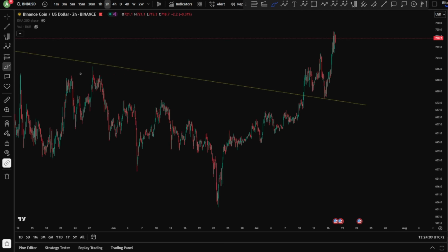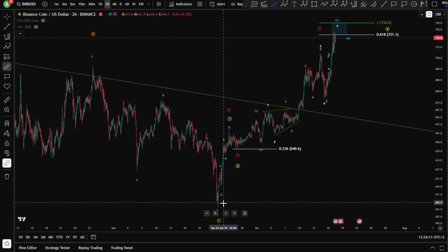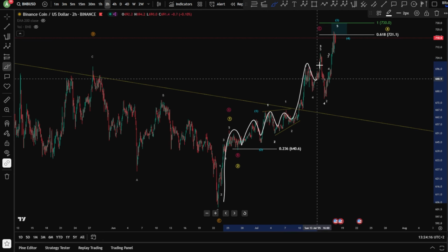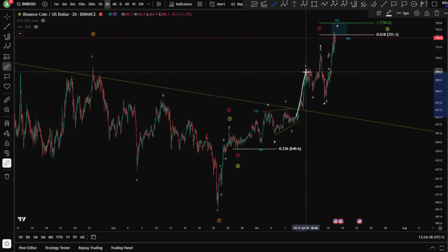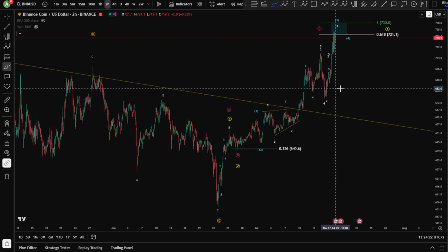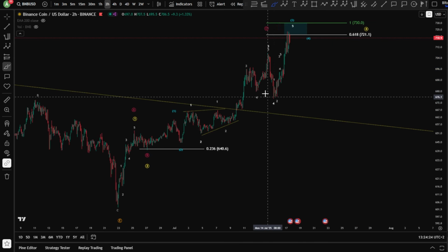Now inside this wave 5, we are looking here at a potential 1, 2. Several 1, 2s again, 3, A, B, C, or even 3, 4, 5. Or it can be even A, B, C here. But I think that the things here are